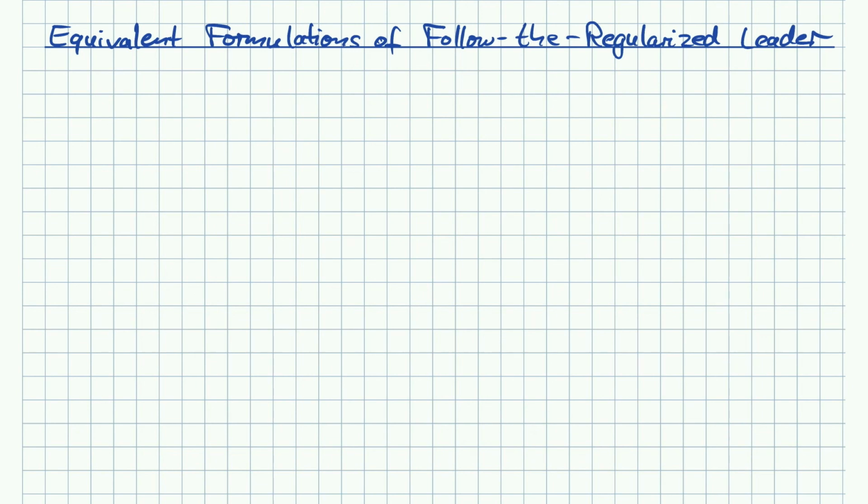Namely, if we have S to be all d-dimensional real vectors and the regularizer as our Euclidean regularization,